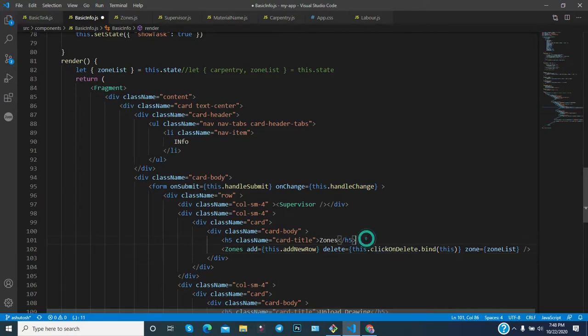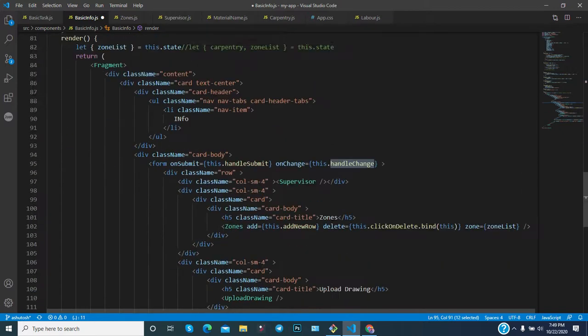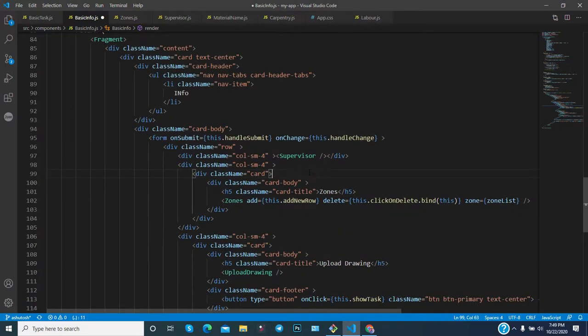You can update the value on the change event, but this is very complex, and if you do it dynamically, then it will be better for a big enterprise-level application. So you have to make it more dynamic. That's why on the change of this form we have used a method, and this method is doing certain things dynamically. So instead of doing it on that particular field, I am going to do it on the change of the form.